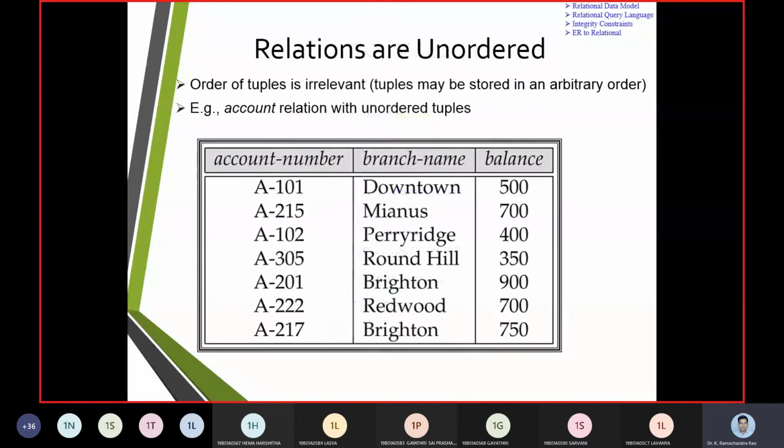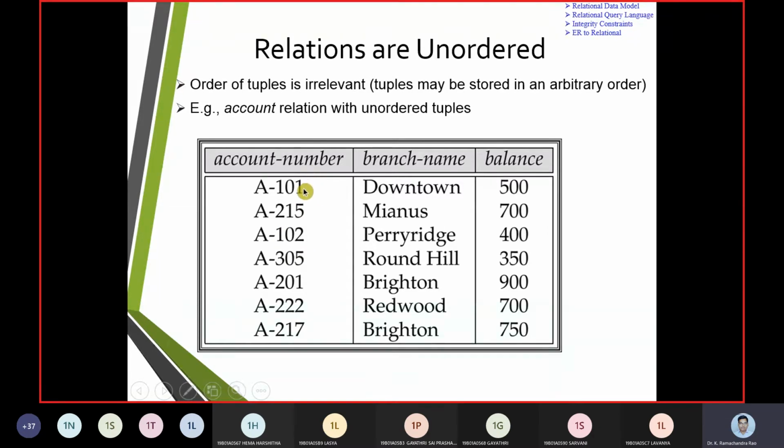Now, relations are going to be unordered. So we do agree on it. It is not that 101 is here, next it should be 102, next 201, next 222, next 215, next 217, next 305. It is not in such a model.